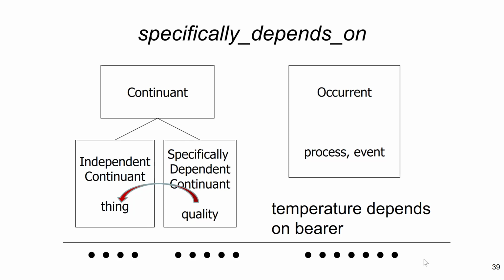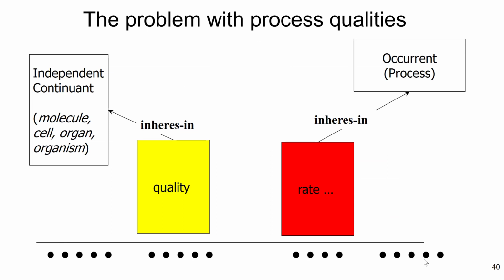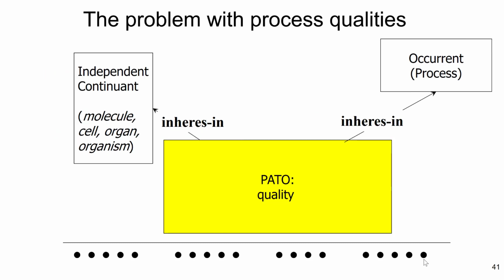So temperature is an example of a quality. And process qualities, so-called, would stand to occurrences in something like the way in which qualities in BFO stand to continuants. And the reason why we have the problem in the OBO world anyway is because the OBO quality ontology,